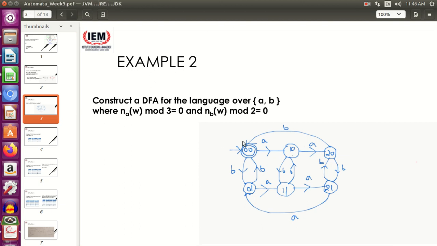So the motive of showing this example was that you won't be restricted to only 3 or 2. You should be able to solve these kinds of questions even if you are given 4. So if mod 4 equal to 0 was given in the question, what changes would you have made? The number one change: in this, the number of layers is 1 to 3, you would have added one more layer. Again, just count the number of A's horizontally and the number of B's vertically.